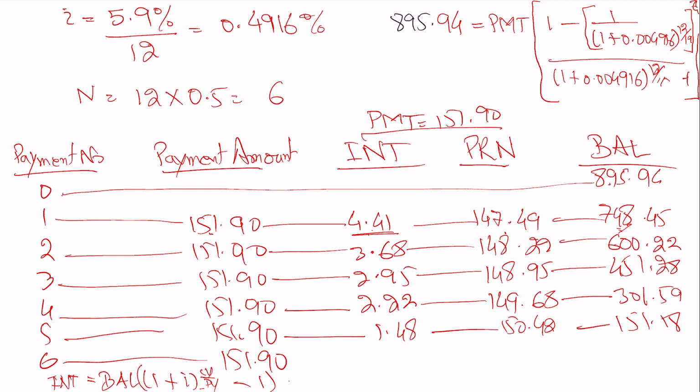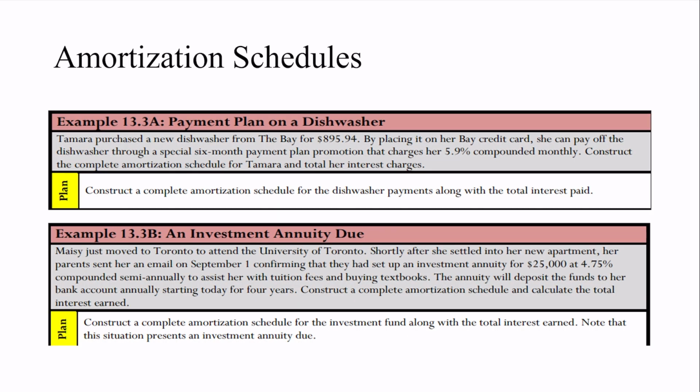So if we calculate it on this basis, like 151.18 instead of 190, we get a PMT which is 192 here, and we get 0.74 principal and 151.18, and in this way the balance is going to be 0. So this one is our question related to the first one, and the second one is about